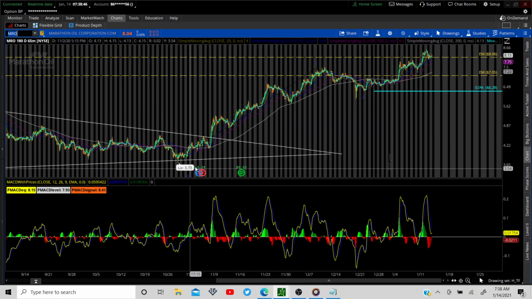Now we are in MRO. That's one of our IRA moves as well. It's been trending for some time now. We're going to hold this for the long run. This bad boy has been trending and will continue to trend for some time. It may pull back at some point here, but I'm not sure it's going to be soon. We have a huge wave 1 down to wave 2, and we're pushing wave 3 at this point. So MRO, just let it go.